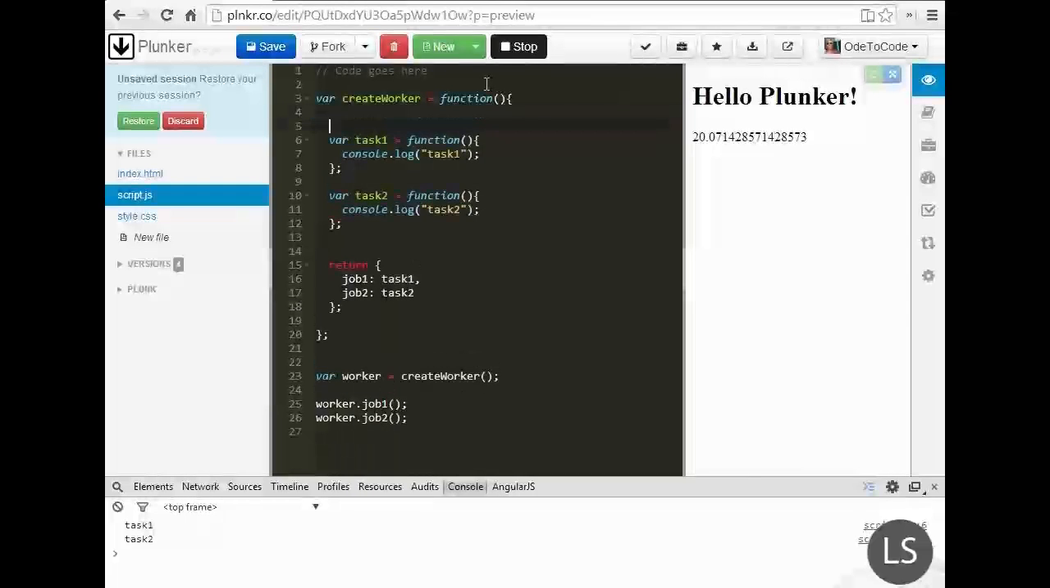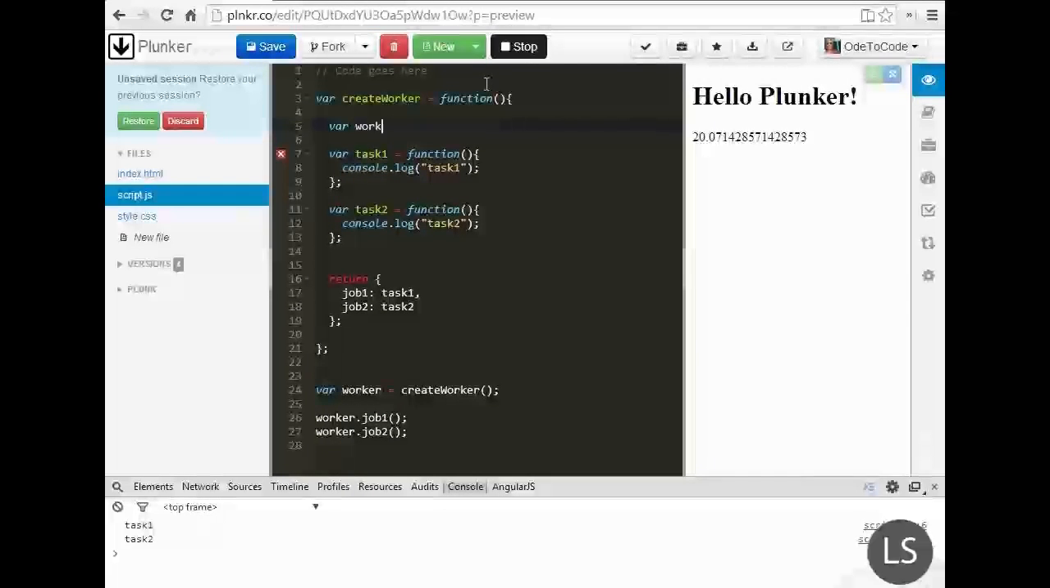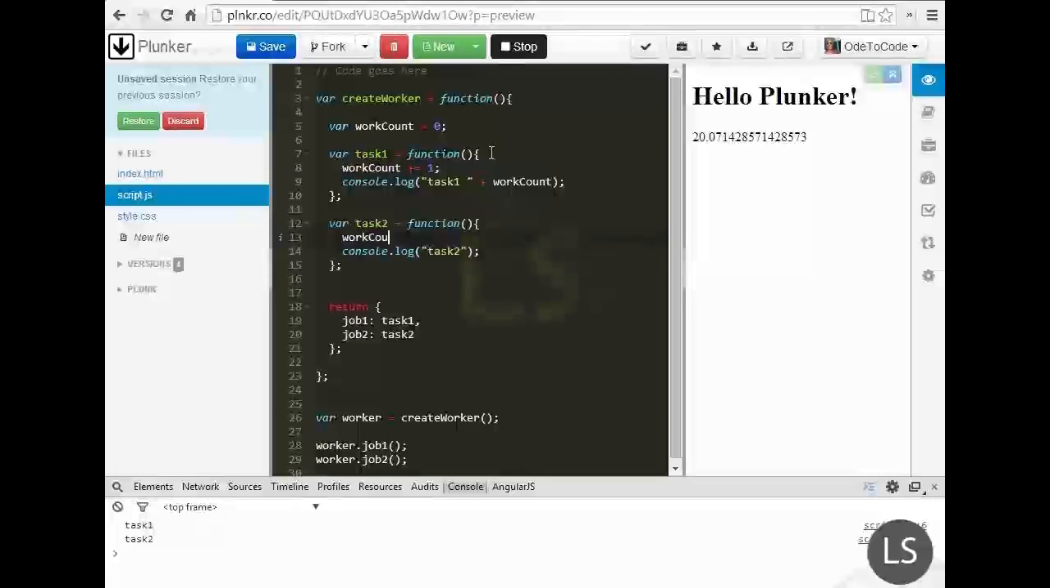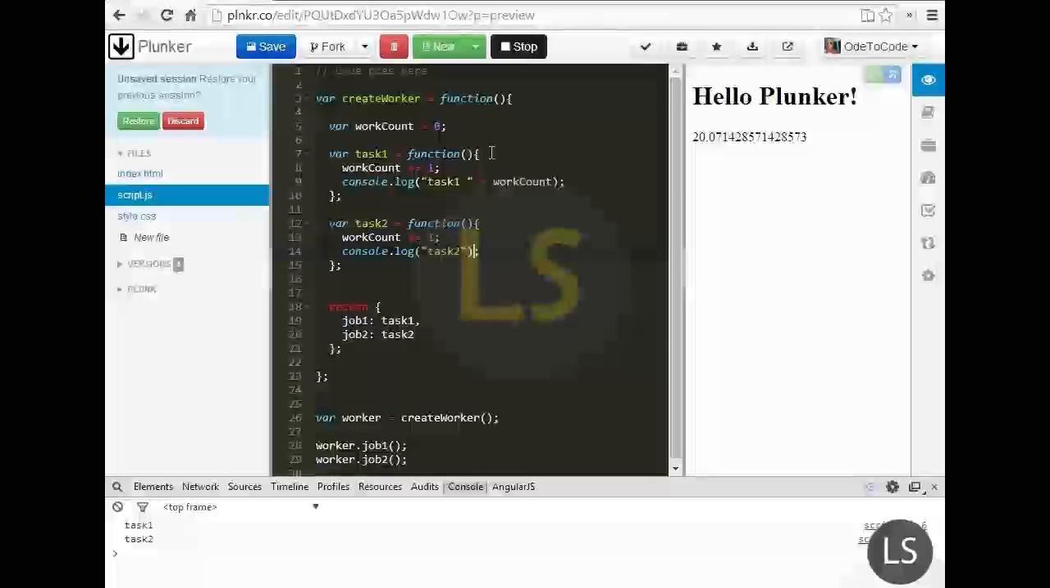And we can even have some private implementation details. For example, if I create a variable called workCount that counts the number of times that task1 and task2 have been invoked, that's not something that I want to expose to the outside world and allow them to manipulate it. It's just something that I want to use as an internal implementation detail. And perhaps each time these methods are invoked, I will increment workCount. And I will also print out the current value of workCount here inside of each task. So workCount plus equals 1